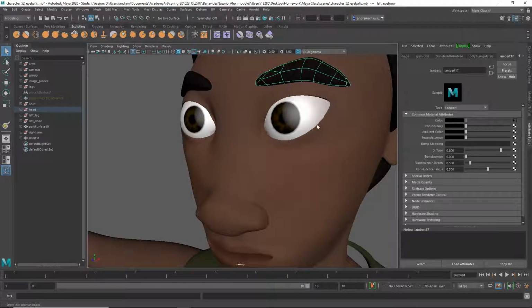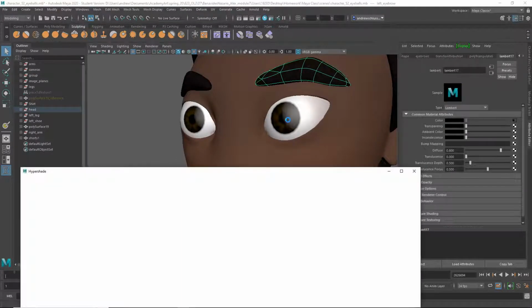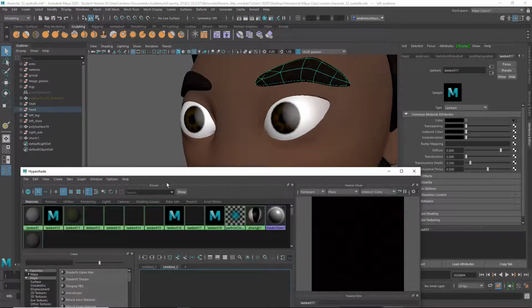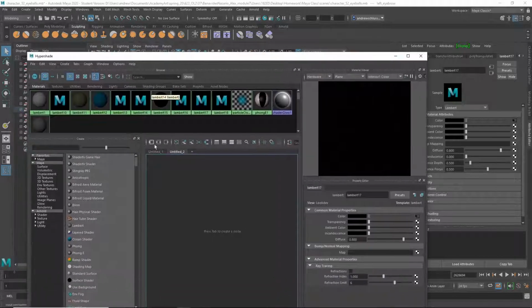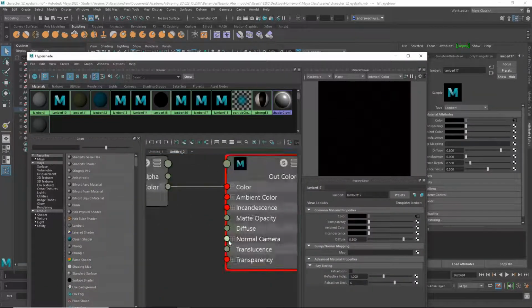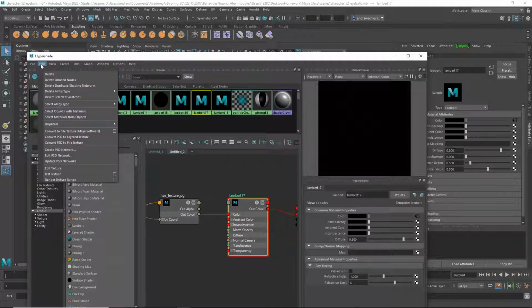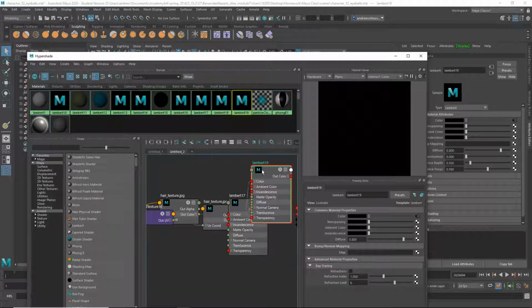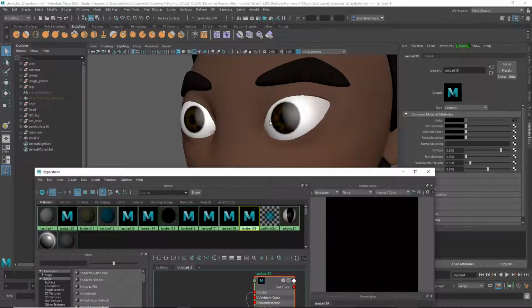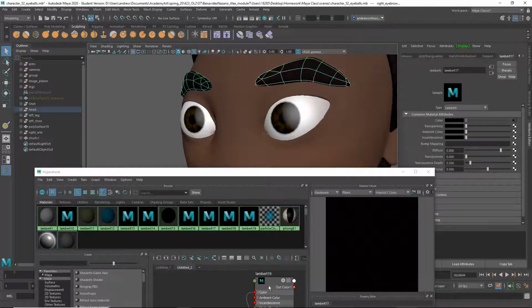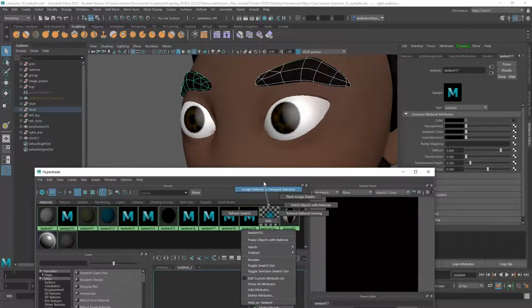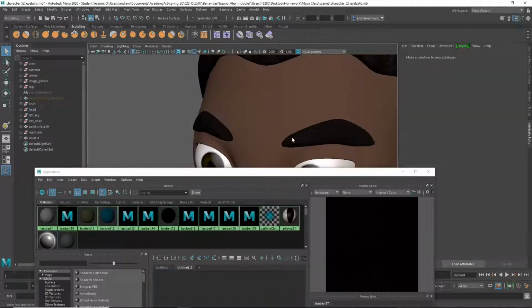So what I might do is, I mean, it's so dark, it's kind of hard to see anyways, but let's look at this, and I'll say edit, duplicate shading network, and then I'll assign this to the eyebrows, this number 19, the new duplicate of it, and then